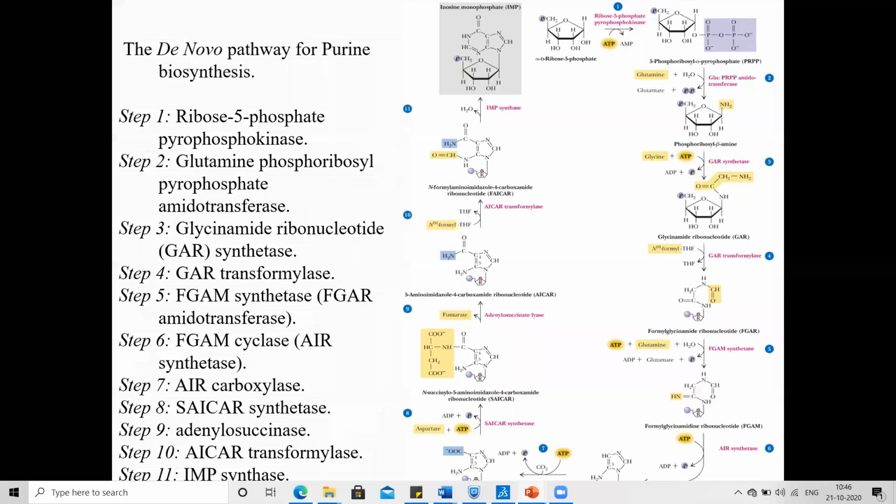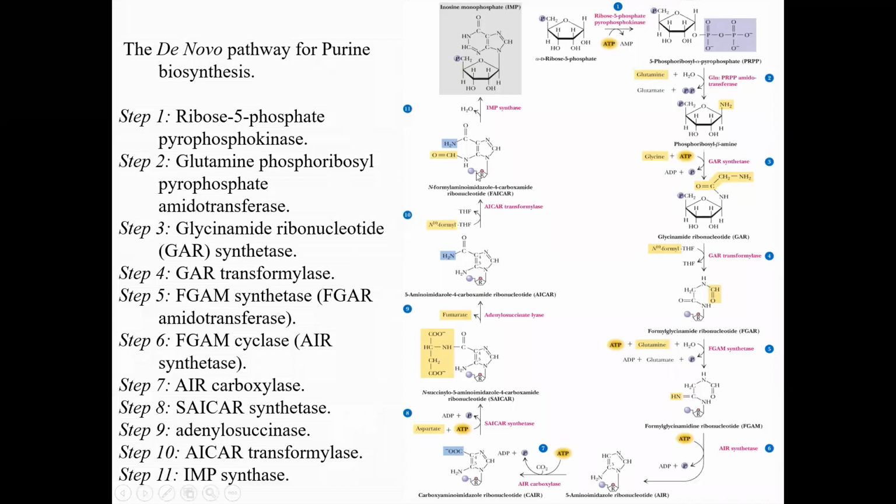In yesterday's class, we left this enzyme portion of this topic. Today we will cover this, okay, in this class. Here, actually, in de novo pathway for purine biosynthesis, this pathway can be divided into two steps. The first step is synthesis of inosine monophosphate from basic precursors, and the second step is conversion of inosine monophosphate